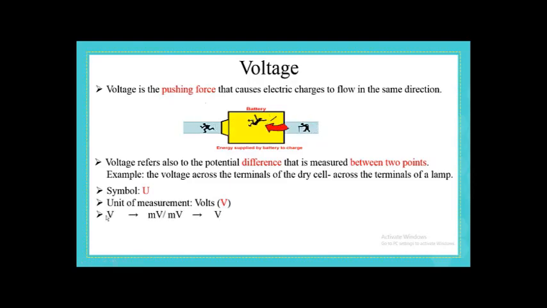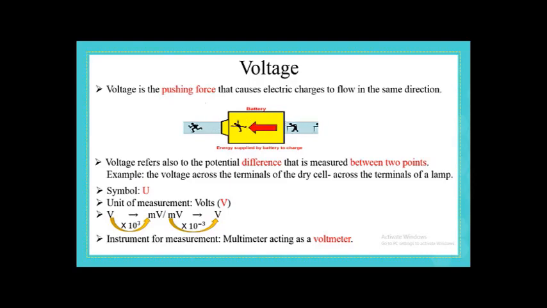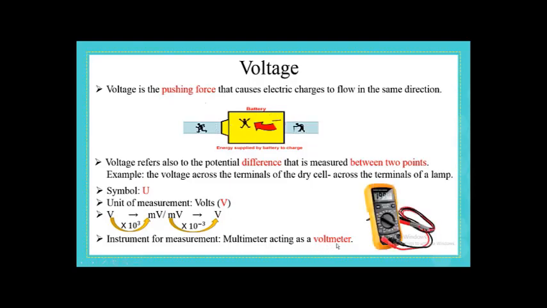Concerning the unit, sometimes we use it in volts, other times we can express it in millivolts. So from volts to millivolts we multiply by 1000, and if we want to convert from millivolts to volts, we have to divide by 1000. Concerning the instrument which can measure the voltage, we can use a multimeter that acts as a voltmeter. Here is the multimeter. And concerning the symbol of a voltmeter,